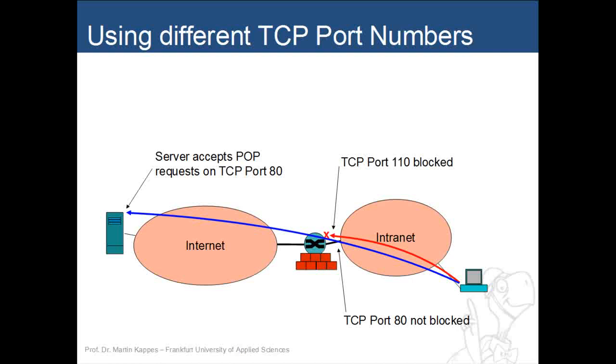However, the firewall is being configured such that TCP port 110 is blocked. Well, fairly simple. If this server, instead of using port 110, would use port 80 for incoming connections, and this packet filter here is basically just blocking port 110 but not port 80, then port 80 could be used instead of port 110. That means by using a different port number, firewall mechanisms can be circumvented, because again,